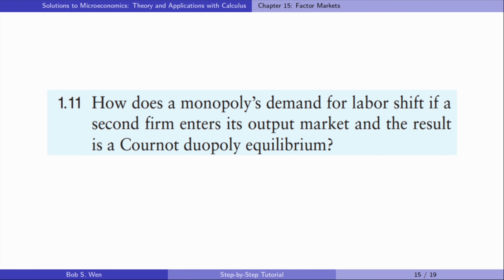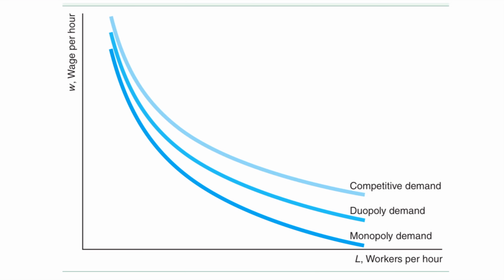Let's find answers to exercise 1.11. How does a monopoly's demand for labor shift if a second firm enters its output market and the result is a Cournot duopoly equilibrium? Figure 15.2 in the textbook shows the labor demand curves with 3 different market structures. At a given wage, a competitive firm demands more workers than a Cournot duopoly firm, which demands more workers than